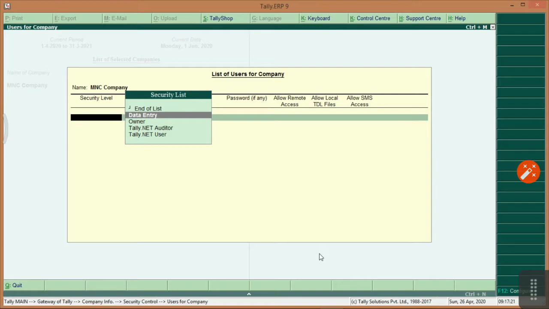Data entry and owner are applicable for companies or any non-corporate companies. Okay, the user has to select what the user is. The IT department will allocate user rights according to their designations, meaning junior assistant, senior assistant, manager, senior manager. So data entry or owner, two different types of rights.